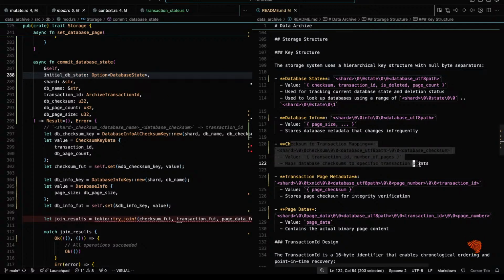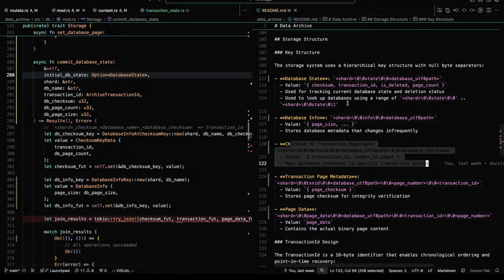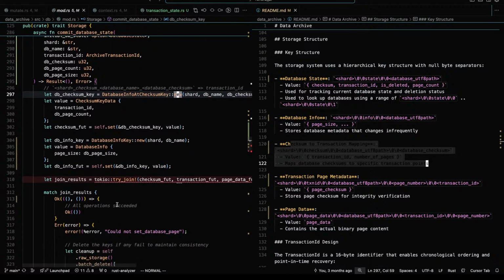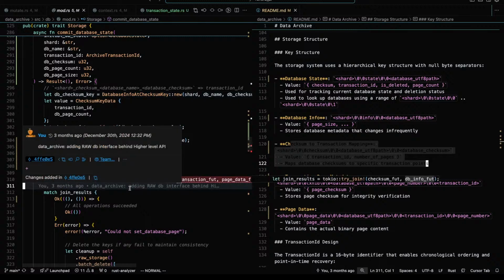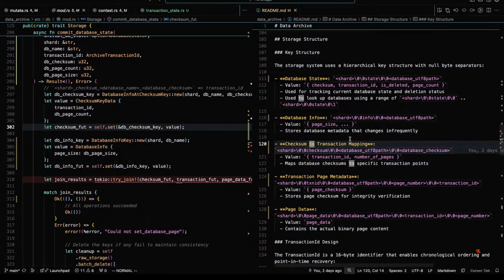However, we will do this change first. Database info. Yes, info. Okay. So we get the future for setting that.